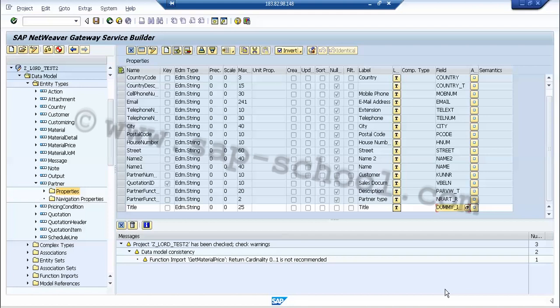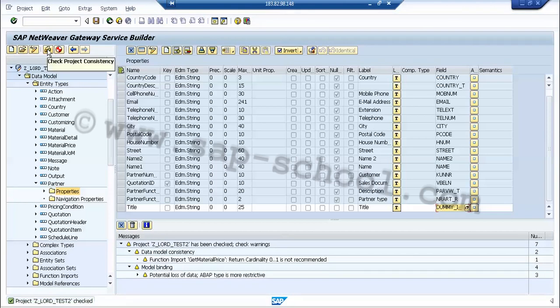So our property table is now looking like this, wherein we have the name, the EDM type, and the field. Now we have to check the project consistency by choosing this one, that is check project consistency. Once this is done, we have to generate the runtime objects by choosing generate runtime objects.